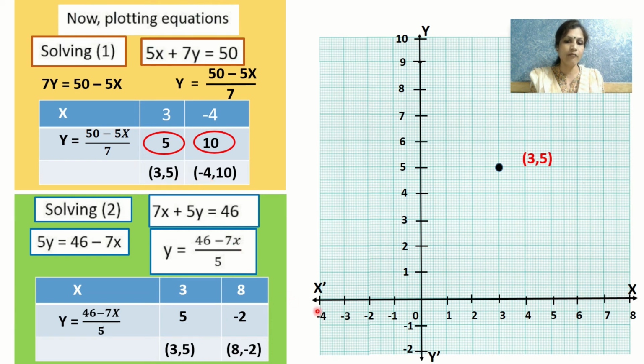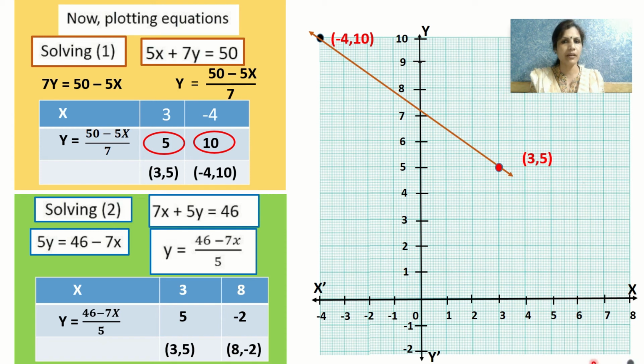Look here on the graph paper. Minus 4 is towards the left side of the origin and here the point is. Then we'll draw a line passing through both the points. Next point for the second equation is (3, 5). So here it comes. And next coordinate is (8, -2), and (8, -2) will come in the fourth